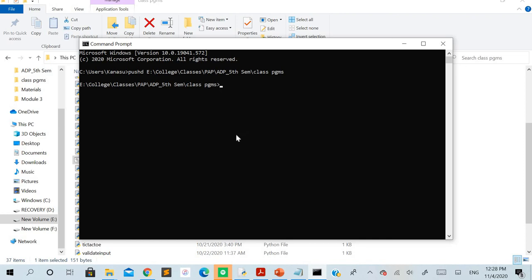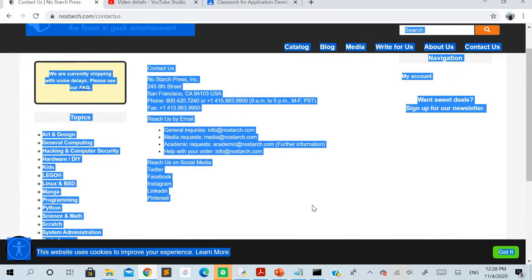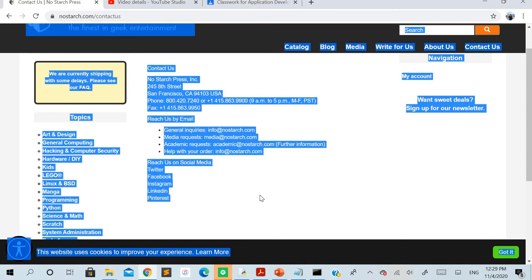Before running that program, I want you to copy the input content in which you want to do the searching. In your textbook, they have given this website, which has a few phone numbers and email addresses. Just press Control A to select all the contents, and now I am pressing Control C as well to copy the selected content. So I have pressed Control C, which has copied it here.